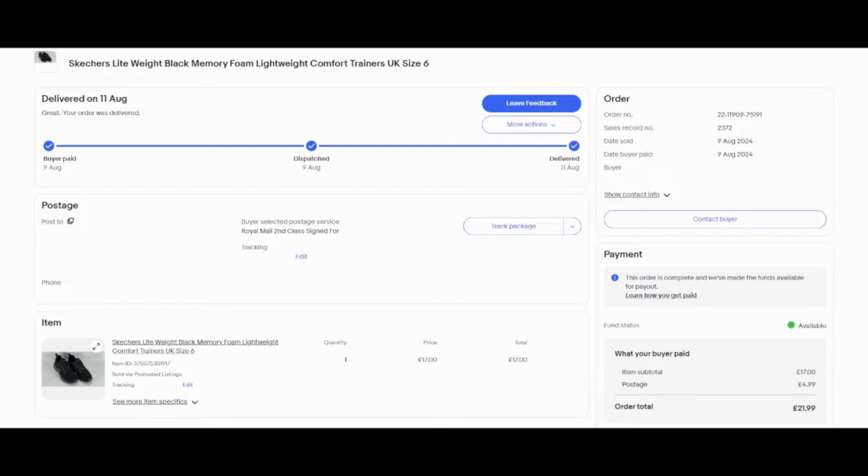So we picked these up for £3. They sold for £21.99. Once again, looking at the price, I believe these were originally listed at £20, and I sent a 15% offer on this. It was accepted by the buyer, so the total sale price is £21.99 for a total profit of £10.49,